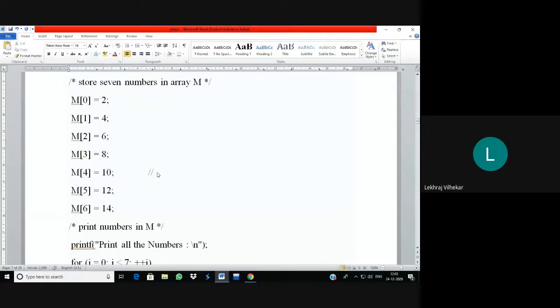Suppose you want... so for you can write i equals to 0, i less than 7, i plus plus, like this.